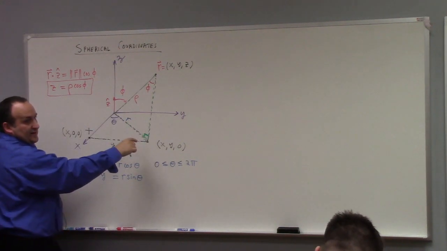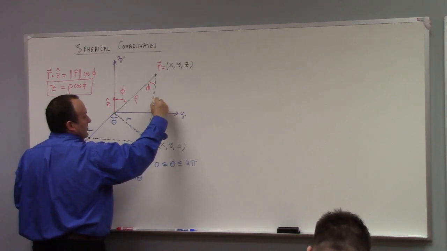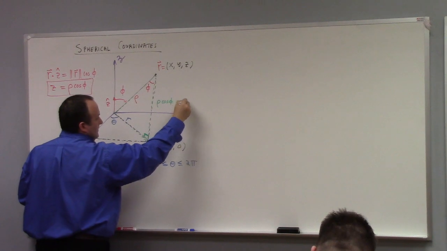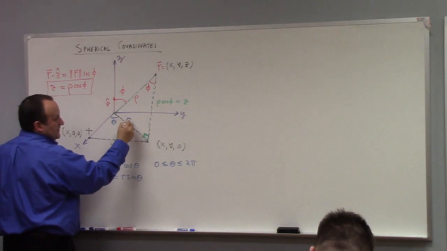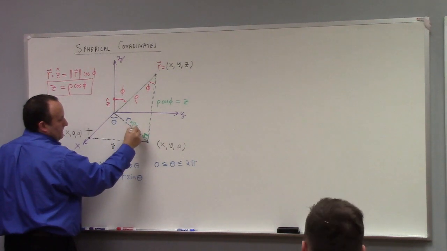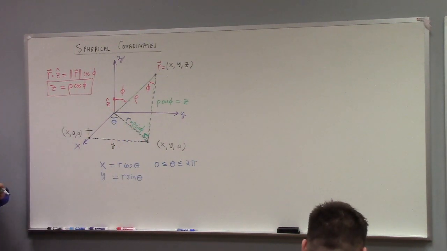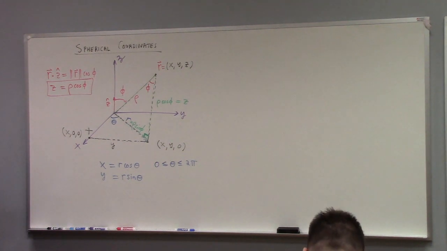The opposite side is r. So we just discovered that this over here is rho cosine phi. That's this side here, and that's equal to z. And down here, what's r equal to? Well, it's equal to rho sine phi. Rho sine phi is the relation between the spherical radius and the polar radius, right? Spherical radius is distance from the origin. Polar radius is just distance to the z-axis.